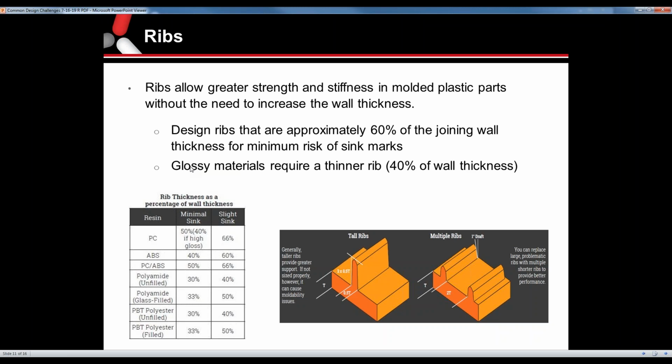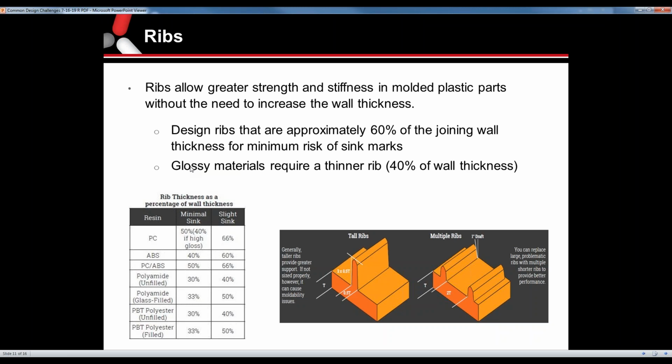Maximum of 60%. Always try to shoot for less than that, depending on the material and how deep the ribs are and draft, that could play a factor. What this does is minimize the risk of sink marks on the show surface opposite the rib. If you're dealing with glossy materials like polycarbonate or acrylics, that'll tend to show more, so you may want to reduce that rib thickness down to maybe 40% of the adjoining